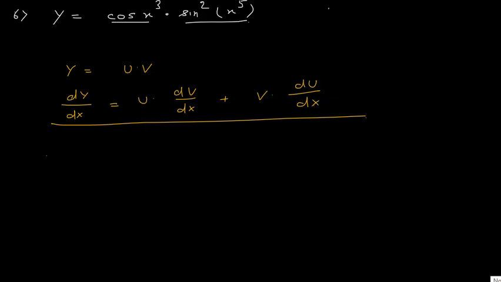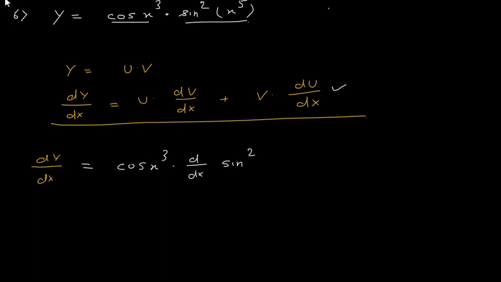So by applying this rule, I will say that dy upon dx. So I'm solving this problem. dy upon dx is equal to u, which is cos x cube. Now, if you see your textbook, they have written du upon dx into v first, which means they have written this second part first. As in between we have a positive sign, there is no problem whether you write this term first or this term first. So cos x cube into dy dx of